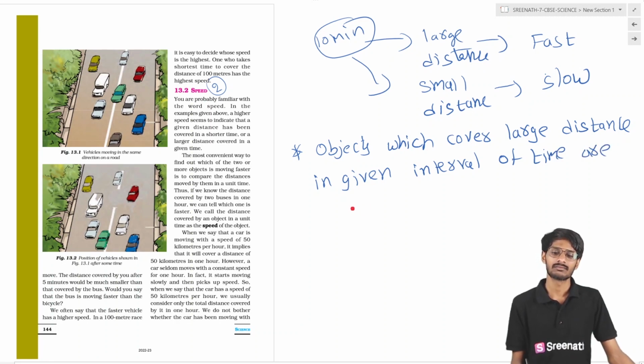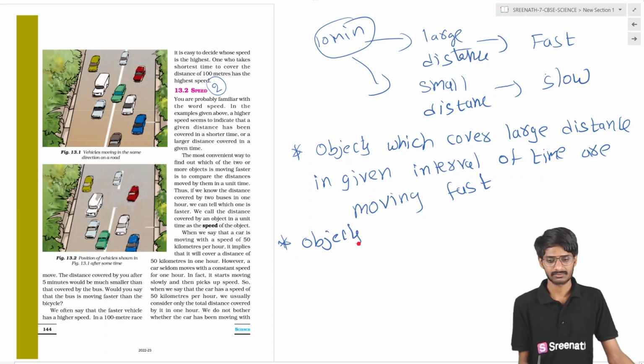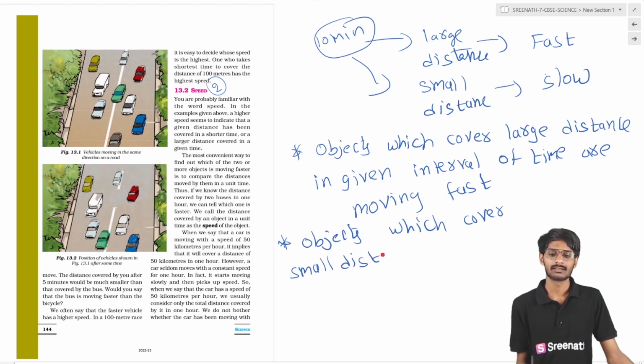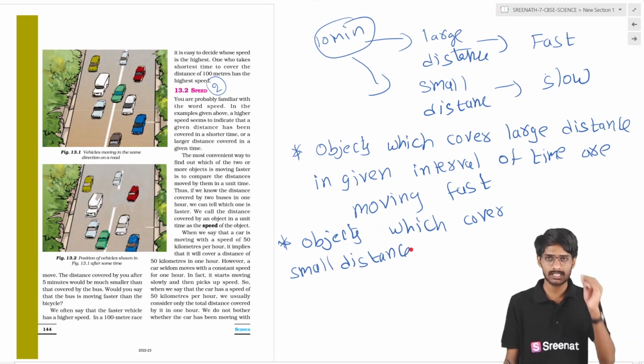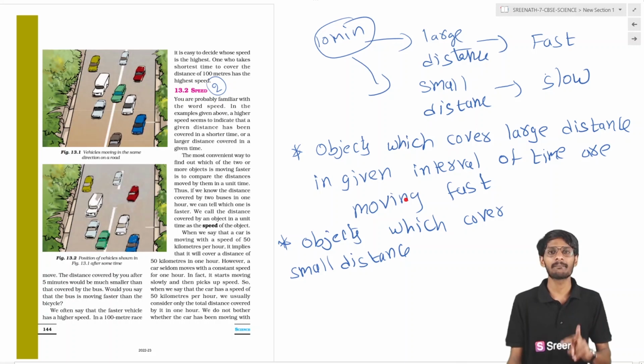Are moving fast. At the same time, objects which cover or which travel small distance. Here I am mentioning large distance, small distances, but we are mentioning large and small by comparing between two